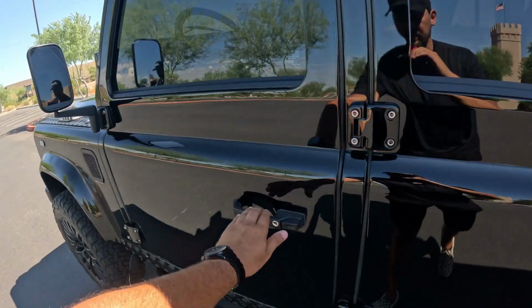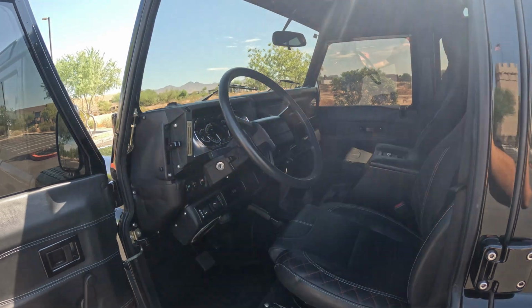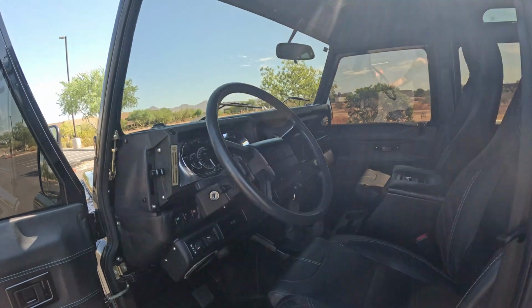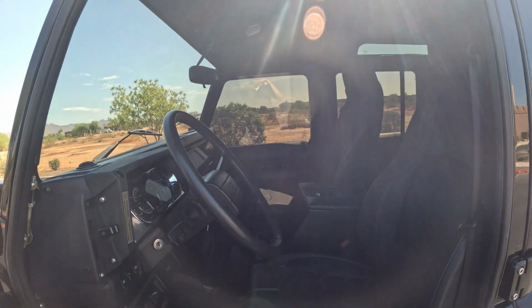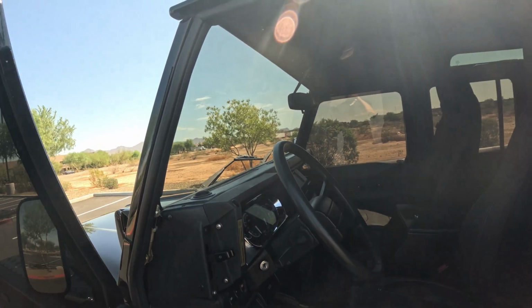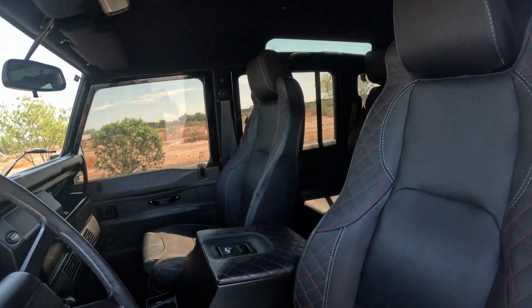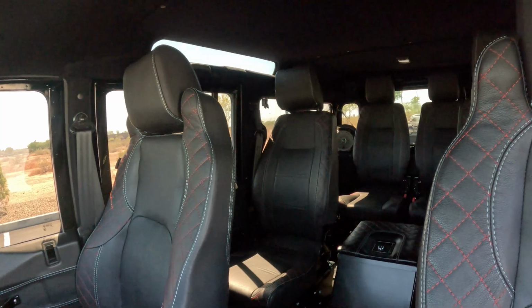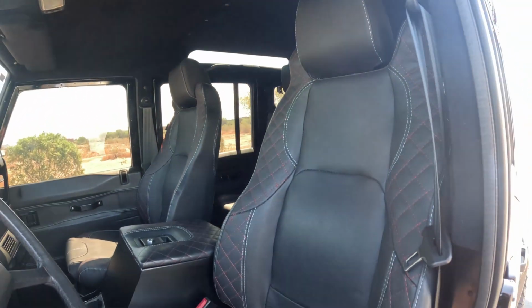So moving on to the interior, if we open it up, this is absolutely a Land Rover Defender 110, but it's been upgraded for an improved quality of life. It still has that fantastic Land Rover high-up seating position so that you have great visibility while off-roading. Some of the biggest changes are going to be the fact that this has 3 rows of seating. You'll note that this can actually seat a total of 6 people,